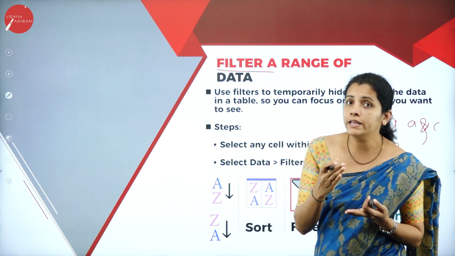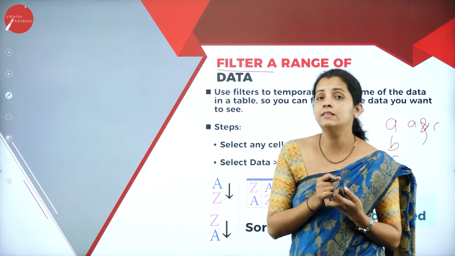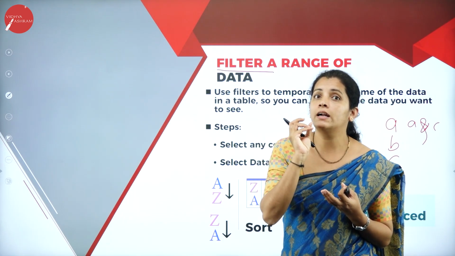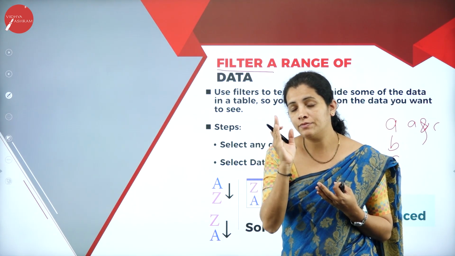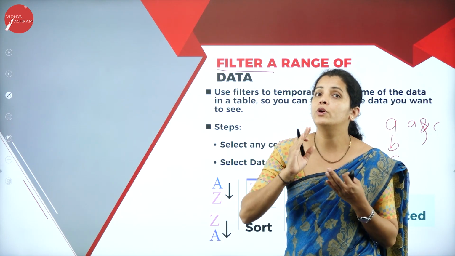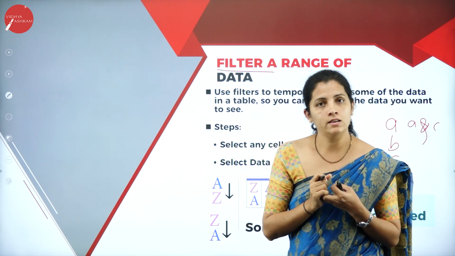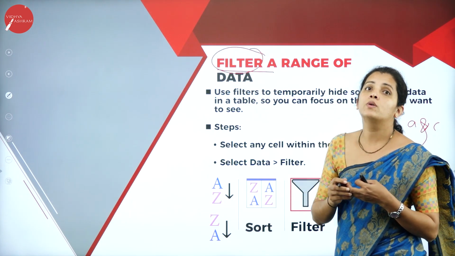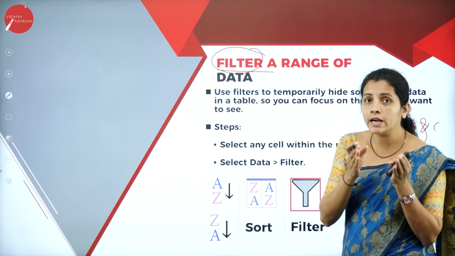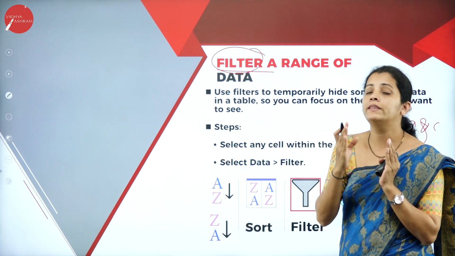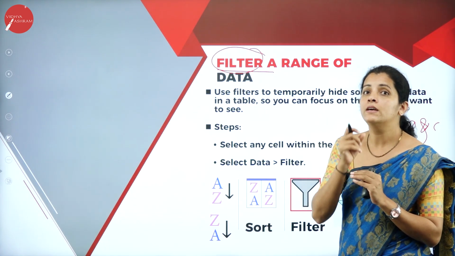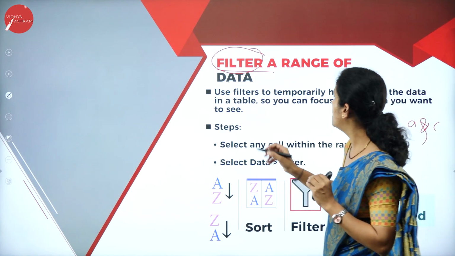So, what is criteria here? Here, criteria is nothing but the condition. And when the particular condition is satisfied, then only you are going to get the certain result. So, what is filter? Here we are going to use a certain condition. Condition is nothing but certain criteria in order to display the result or data.